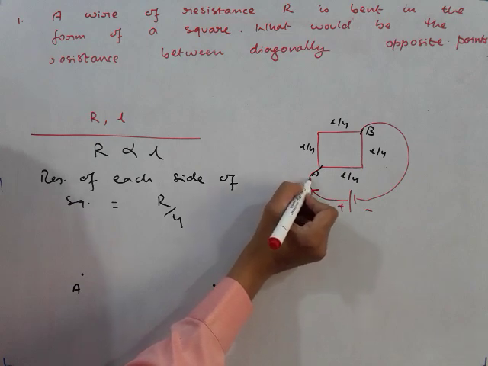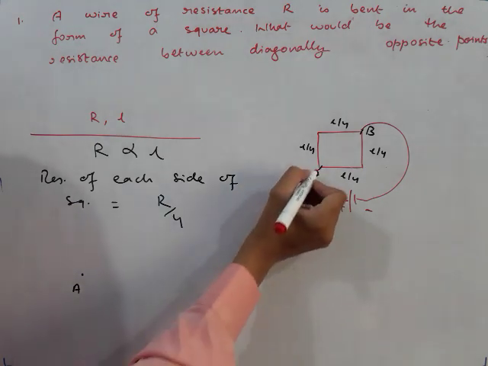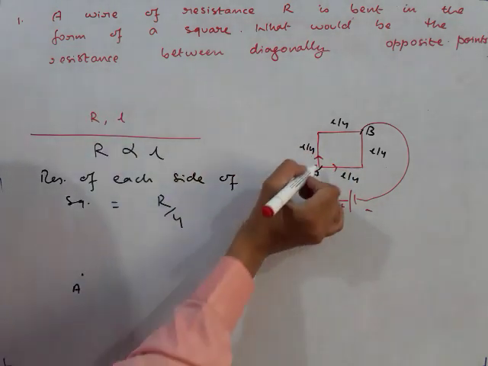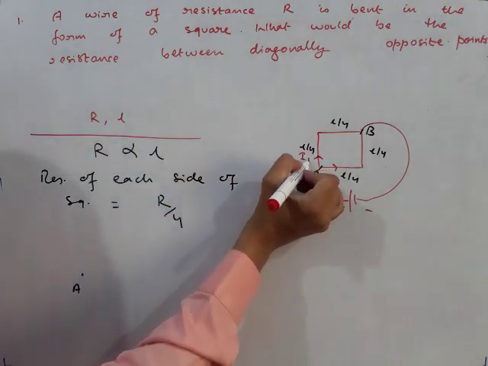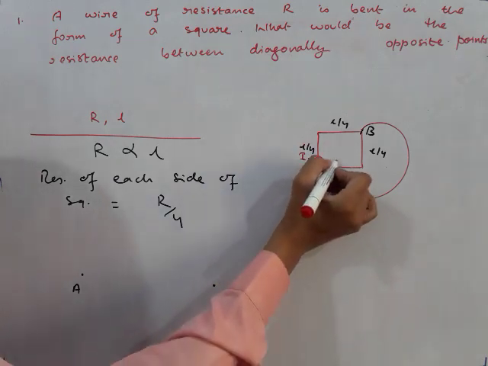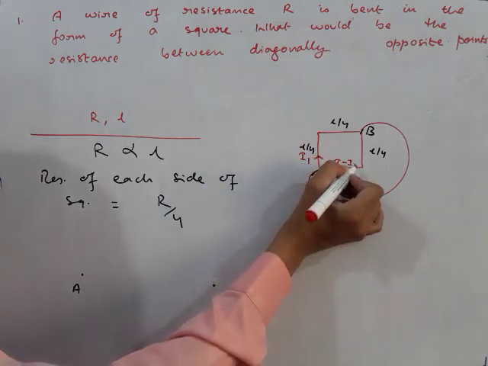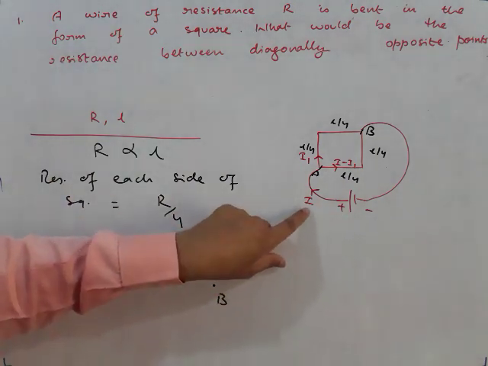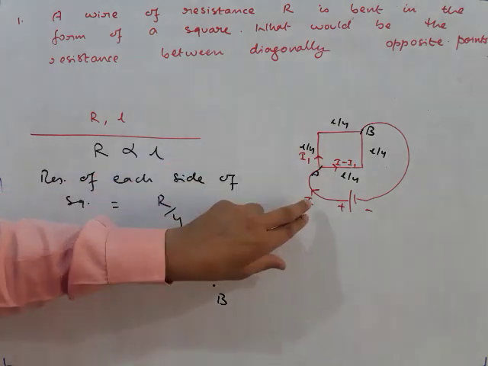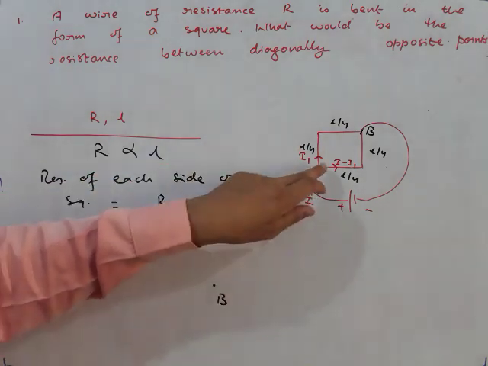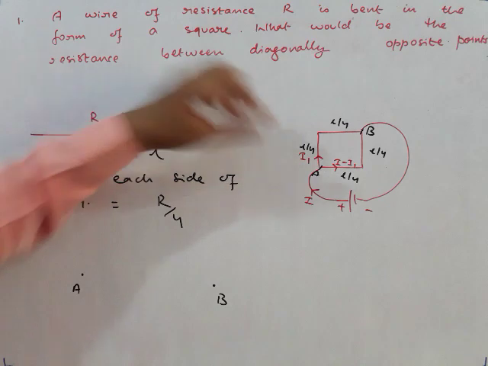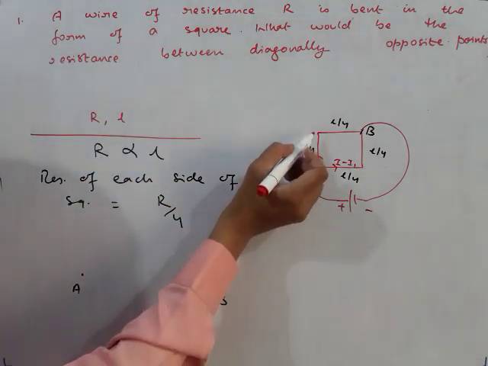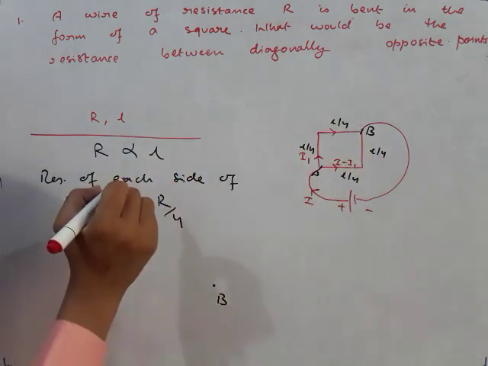This current I will flow till this point A. At point A it will divide, yes or no? Out of I, some current I1 will flow through this path. The remaining current, that is I minus I1, will flow through the other path. The battery sends current I, out of which I1 flows through this path, so I minus I1 flows through the other path. This current I1 continues to flow till point B.